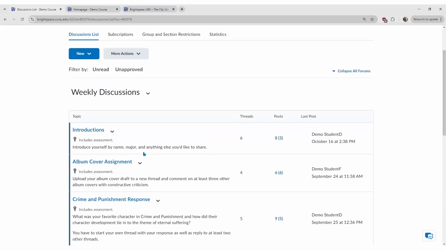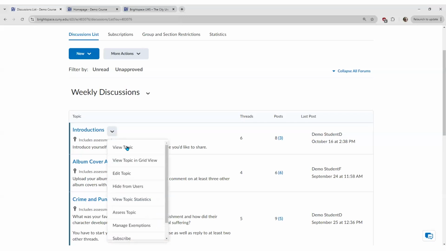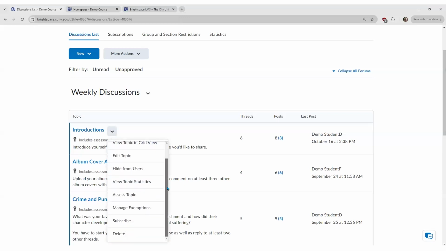Now, the final thing I want to show you here is that if the discussion board has its own grade item, if it is a graded assessment, I don't want to use the word assignment because it's not an assignment by the Brightspace terminology, but if it is something that you have assigned to them to do in a discussion board and it includes a grade item, it will include Assessment here next to the ribbon. And when you click on the drop down, you can click on Assess Topic,